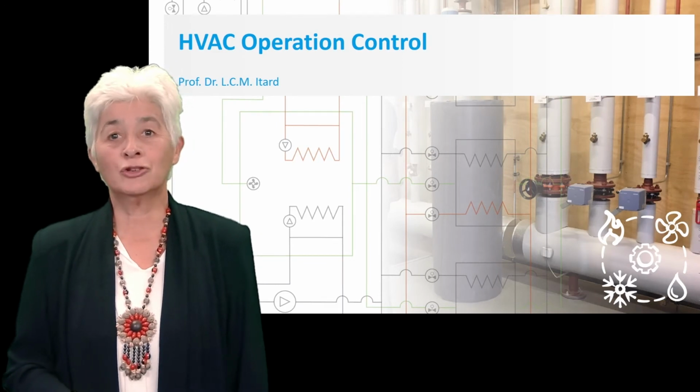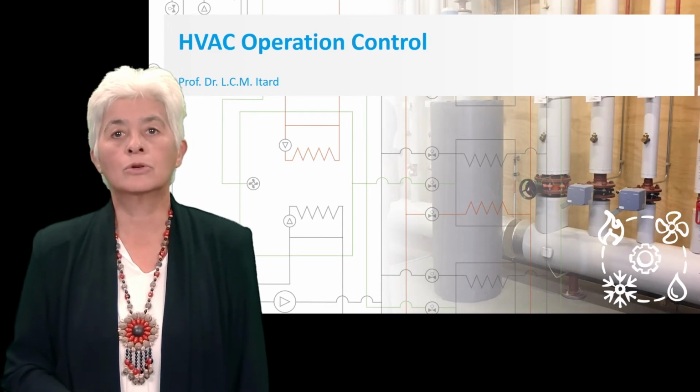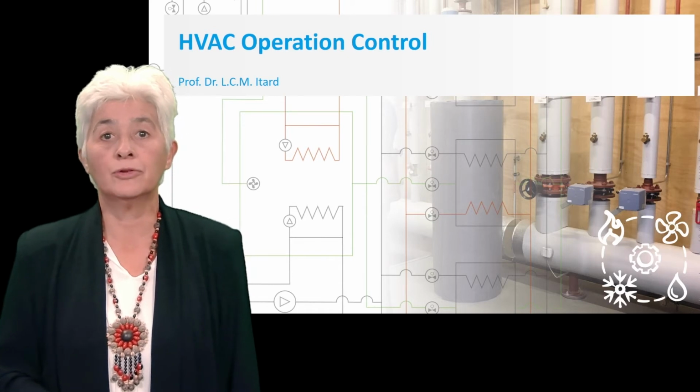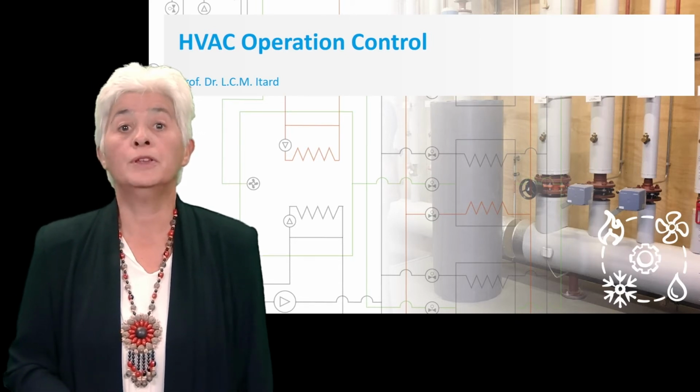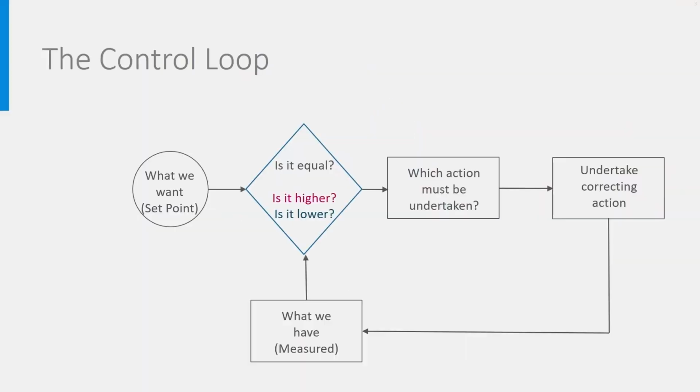Welcome! In this lecture we are going to look at how the control of HVAC components works in general terms. This is about the control of the operation. First, we need to get a general idea how control works. In the basis, it is very simple. A control loop describes what you want to have, what we actually have now, and which actions should be taken